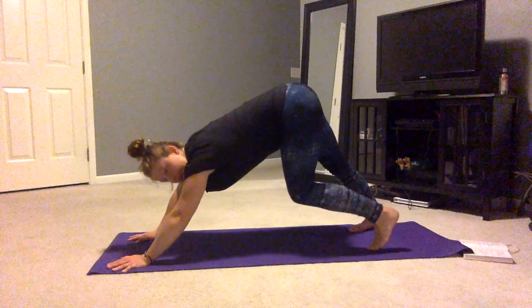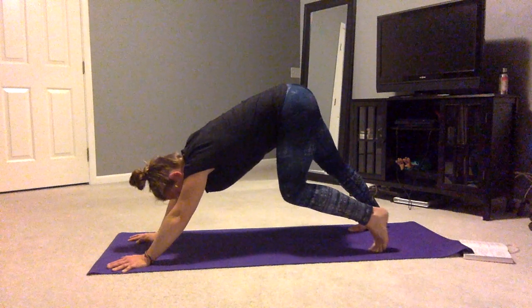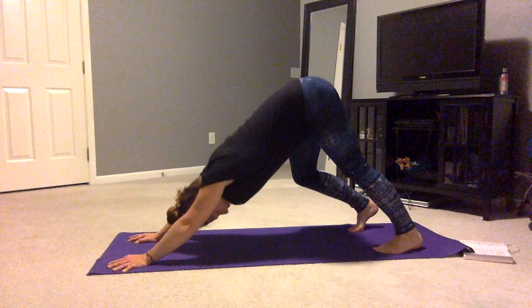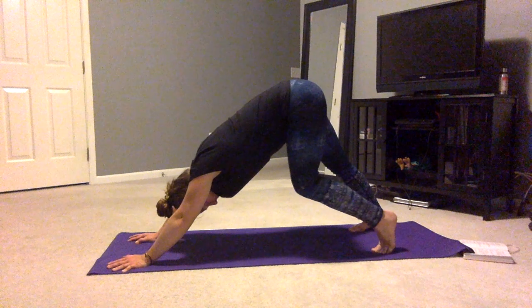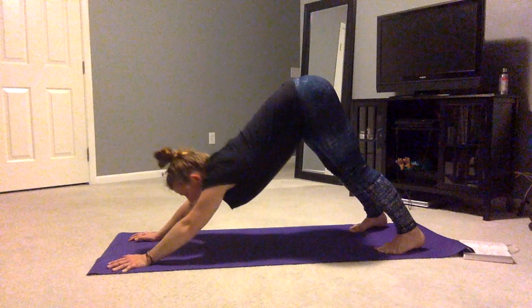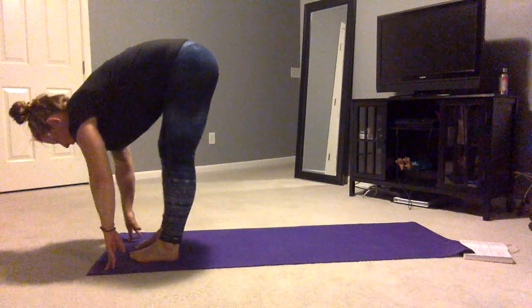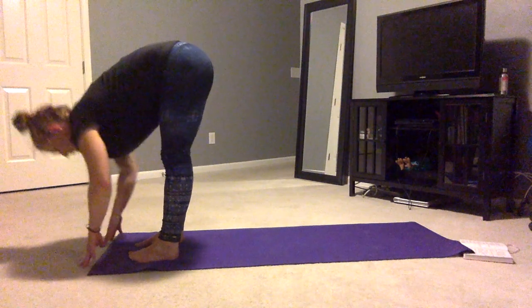Walk those legs out, so bending, alternating, bend the left knee, straighten the right leg. Switch it up. And take a look up at our hands, step, jump, hop, walk towards the front of the mat. Inhale up, exhale down,